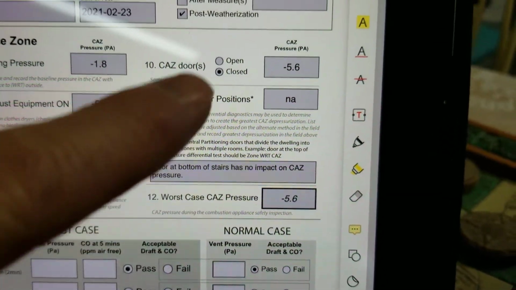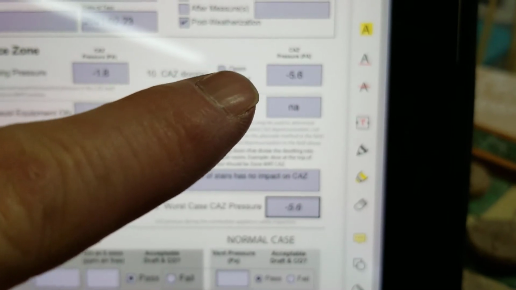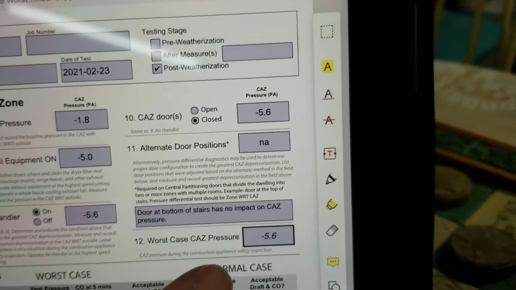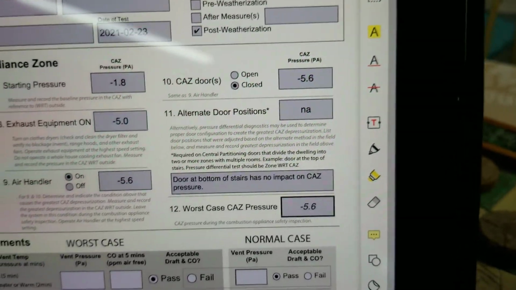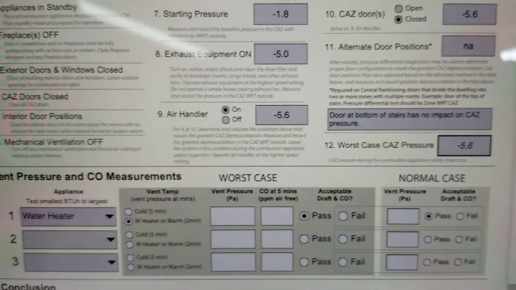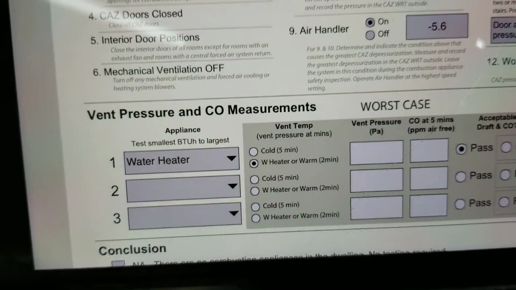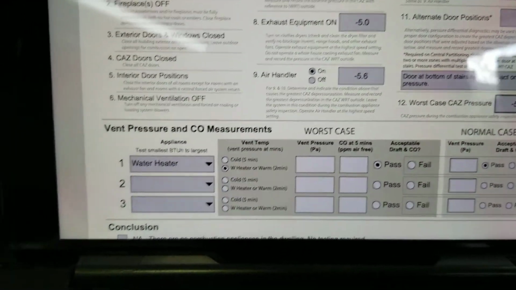And then number 12, all we're doing is carrying this down. We're just saying the worst case conditions we got it into was a negative 5.6, and so we now know that our worst case CAS pressure is negative 5.6. So at this point, we now want to move on to the second part of our test,